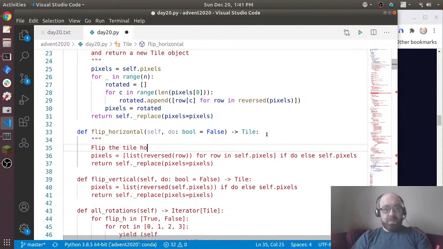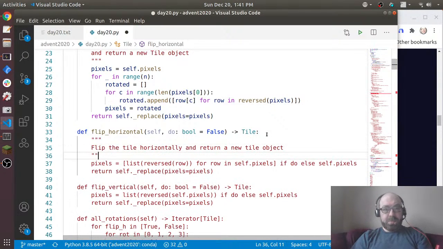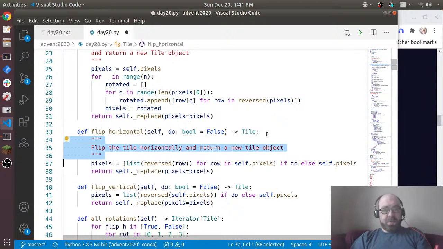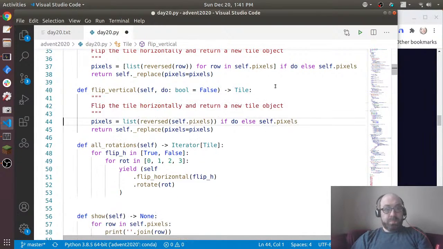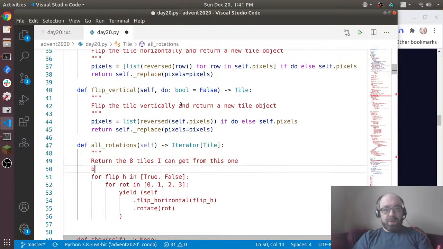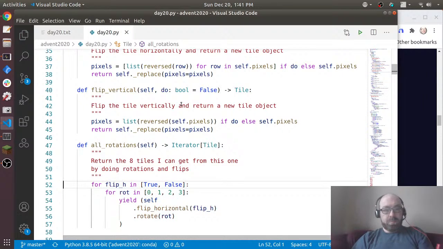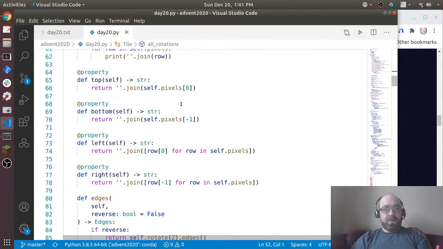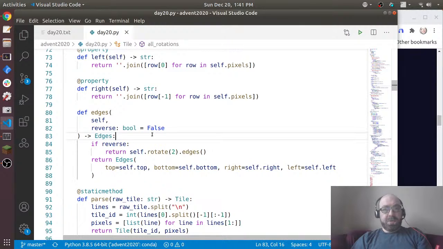Flip the tile horizontally and return a new tile object. And then obviously this one is flip the tile vertically. And all rotations is return the 8 tiles I can get from this one by doing rotations and flips. Okay, and then I won't label these top edge. And then this edges says